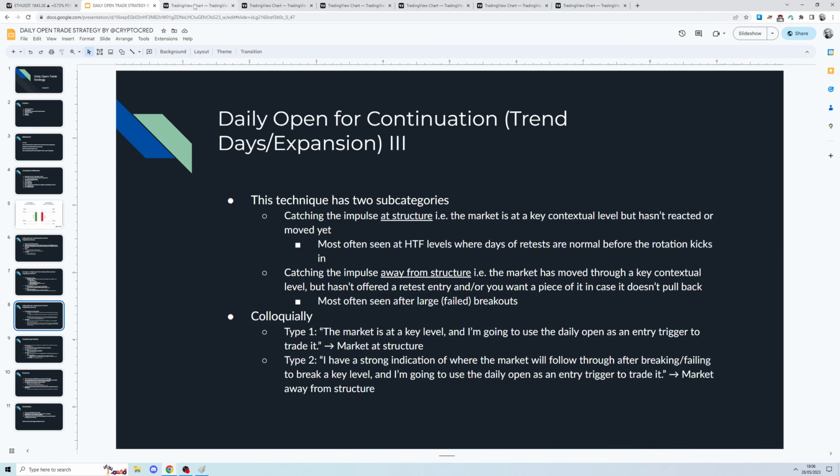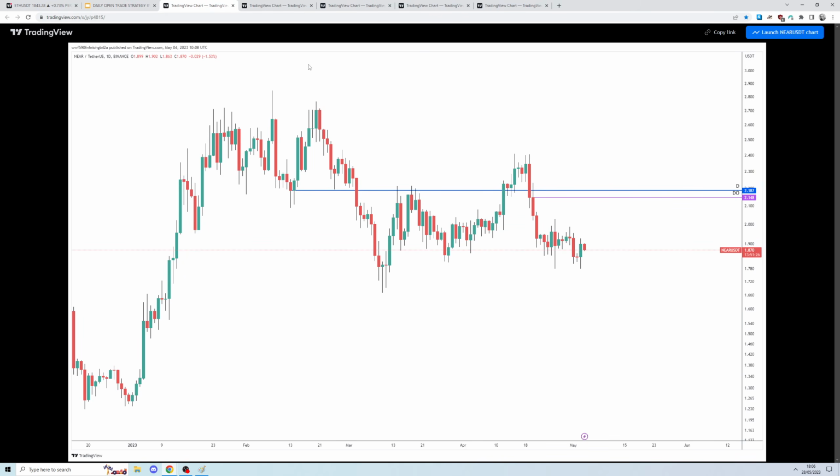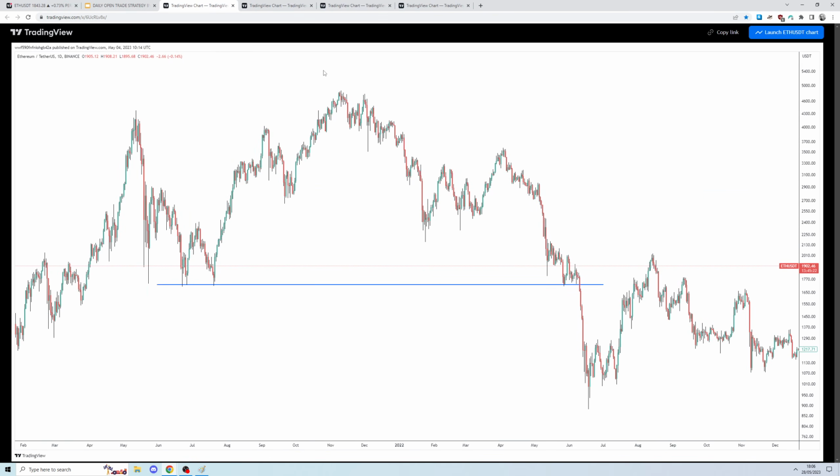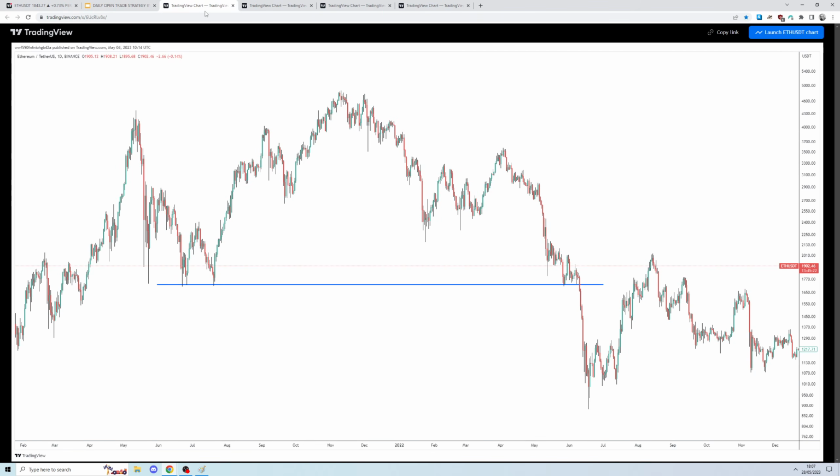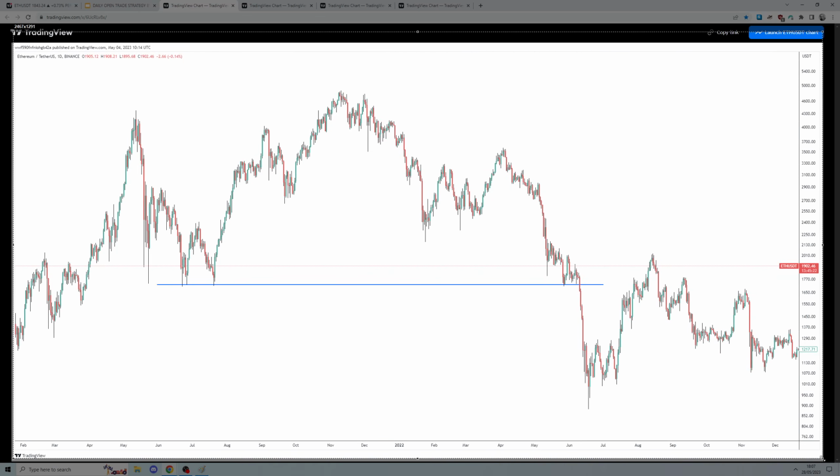Yeah. So more examples. Pepe, we're done. Near, we're done. A couple more. So another example of the type 2 setup where we're trading away from structure is ETH. Big level at 1700, and you see this daily close here, right? Think about it from this point of view. We have support,